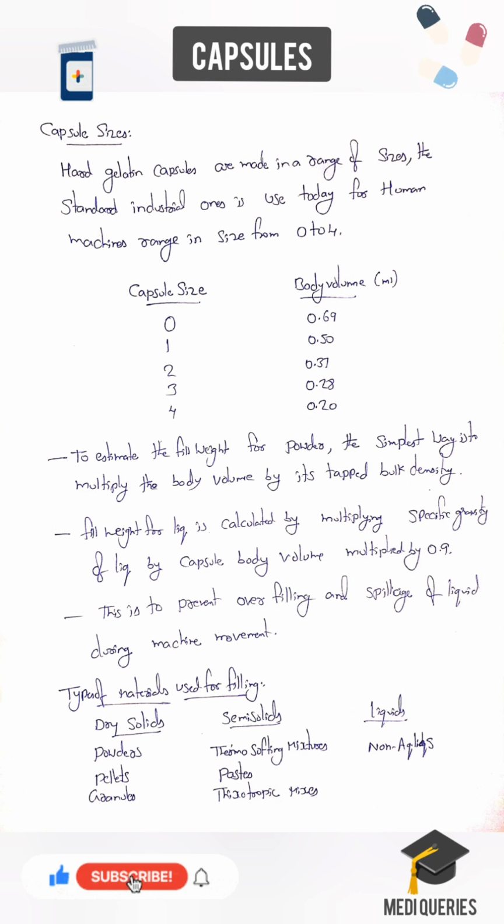So there are many types of materials which are used to fill the capsule, that is dry solids, semi-solids and liquids. Dry solids like powders, pellets, granules. Semi-solids like thermosoftening mixes, thixotropic mixes. Liquids like non-aqueous liquids are needed to be filled in the preparation of the capsules. This is about the hard gelatin